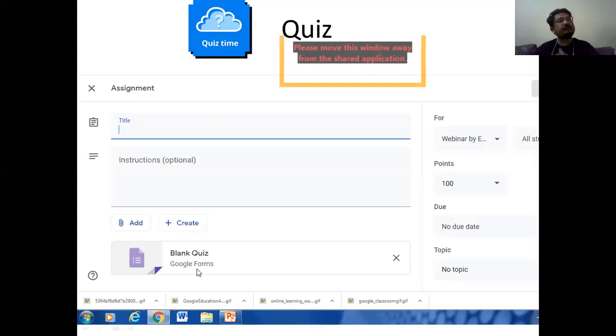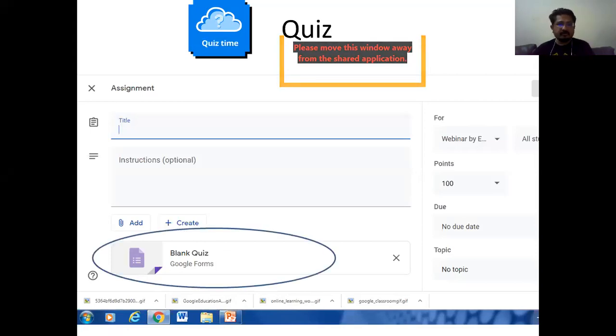So now I'm talking about Google Forms, which can be used as Google Forms as well as quiz, both. Simply there are a few special things which we need to tell, and I'll let you know how to do that. So any doubt till now, any one of you?